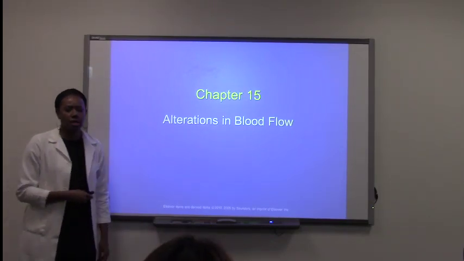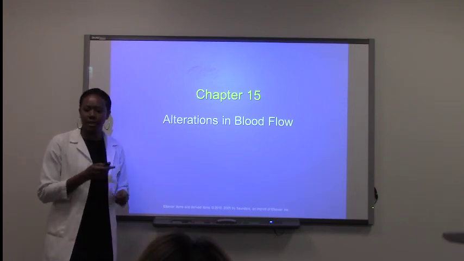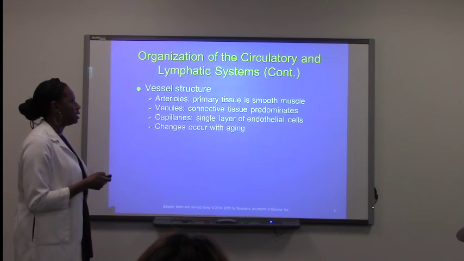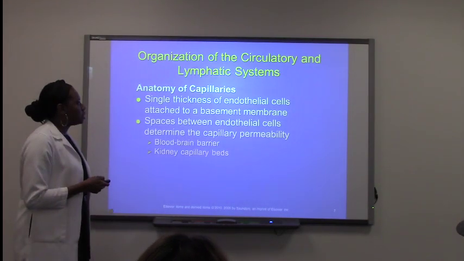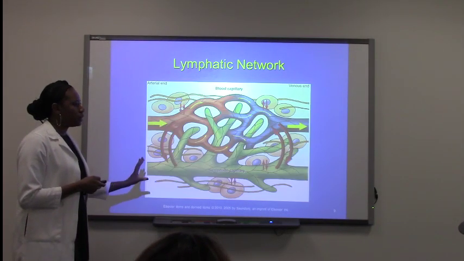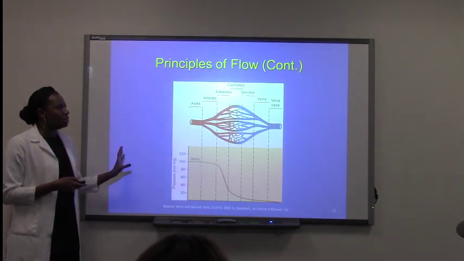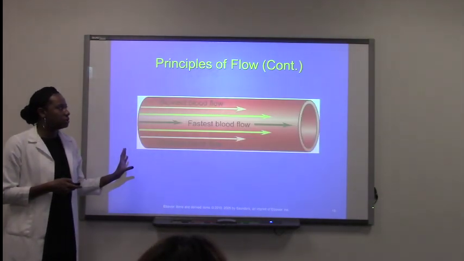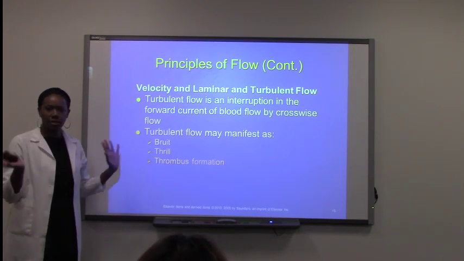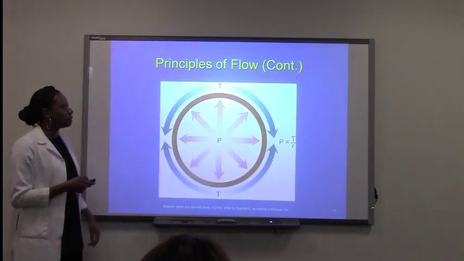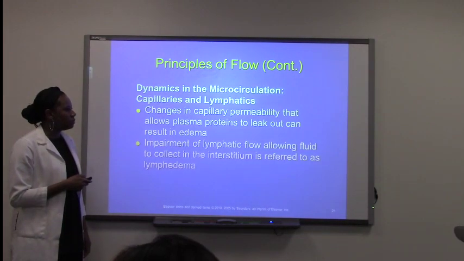Now, for chapter 15, this is alterations in blood flow. The beginning of this chapter, which were the slides that I'm omitting, goes over basic anatomy of vessels, and also blood flow: flow, pressure, resistance, which you should have got in physiology. We all know how blood pressure flows from high to low, and everybody's good with that. So we're going to leave all that out, the dynamics of microcirculation and fluid and pressure,